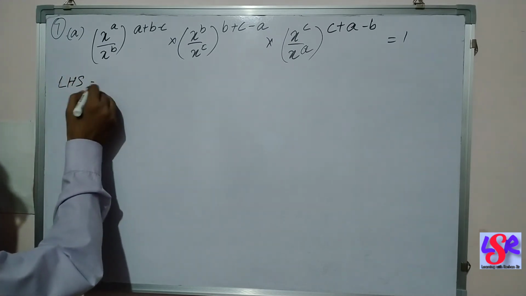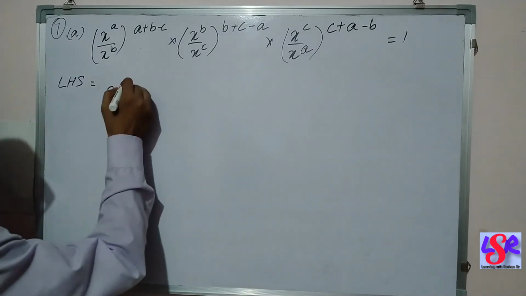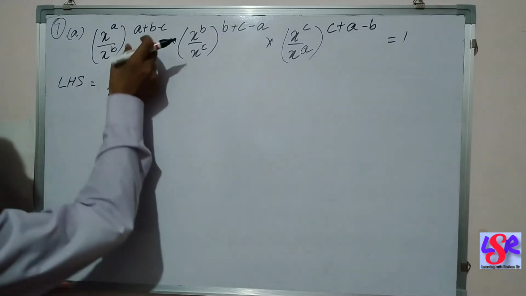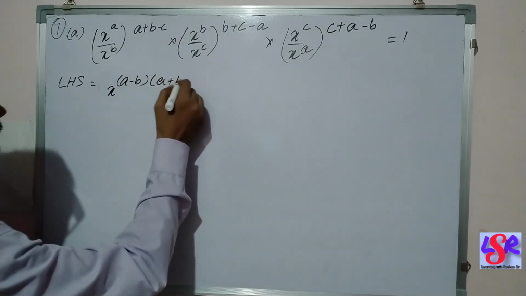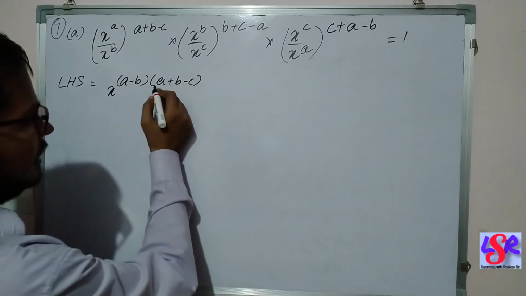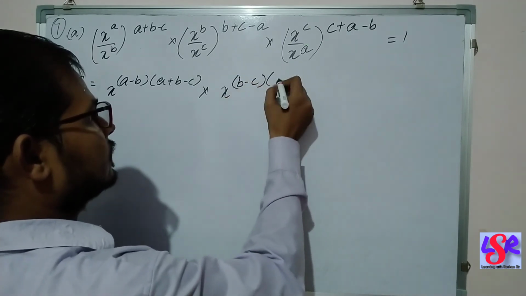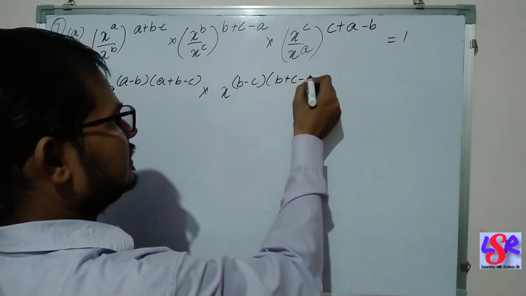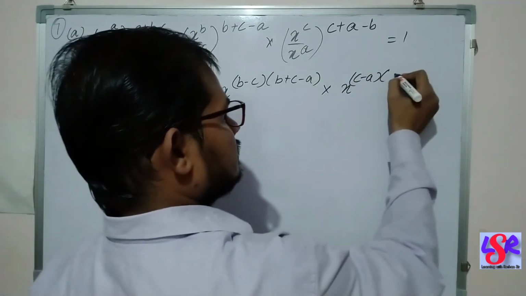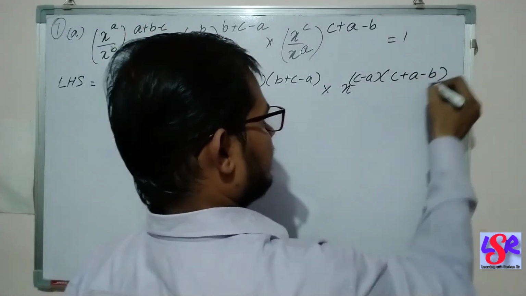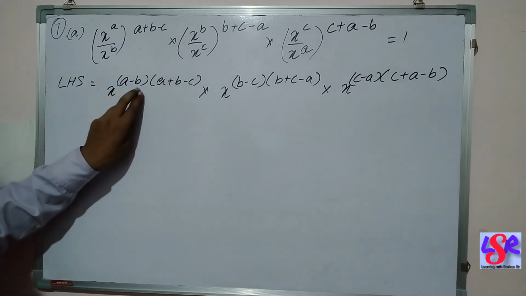and in the LHS this x to the power a upon x to the power b can be written as x to the power a minus b, and this will be multiplied by this one as it will be power to the power. So (a minus b) into (a plus b minus c), into x to the power (b minus c) into (b plus c minus a), into x to the power (c minus a) into (c plus a minus b). Now we are going to open the bracket, and on opening we can see over here that a minus b and a plus b